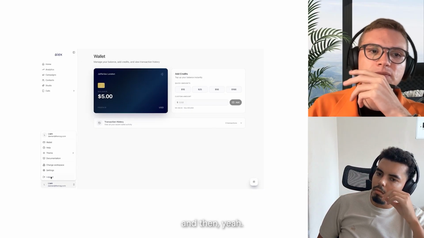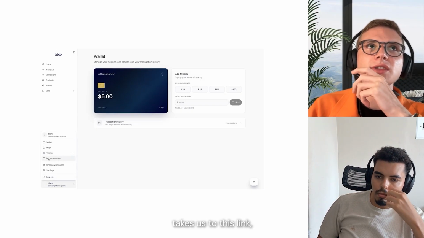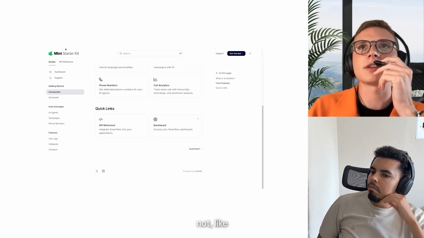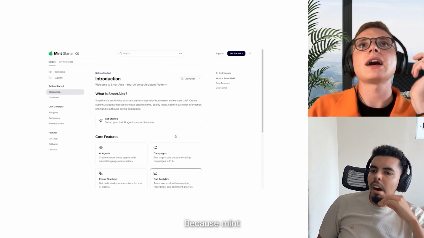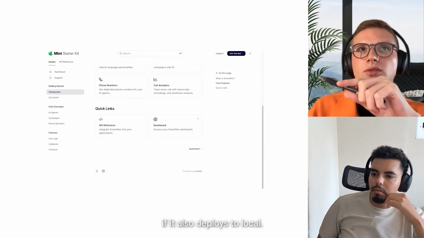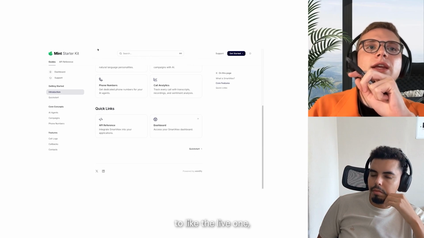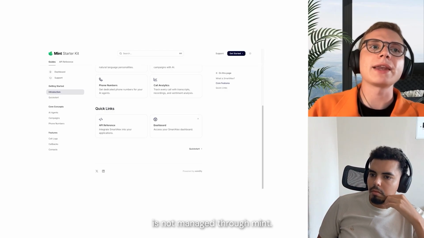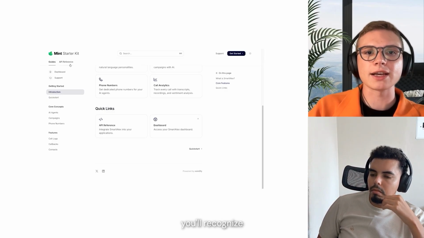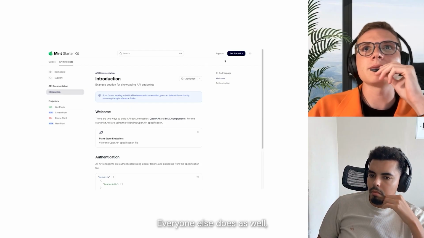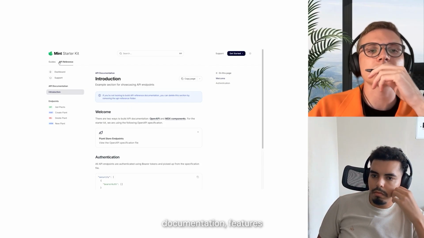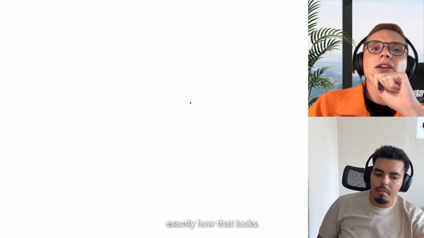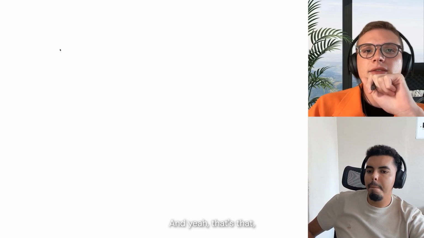And then documentation takes us to this link, which is this Mintlify app. This is currently not the latest version of Mintlify, because Mintlify also deploys to local. And this is currently taking us to the live one, which is getsmartalex.com/docs. So all of our documents is now managed through Mintlify. Bush, you'll recognize this interface quite well. Everyone else does as well because it's got good documentation features and functions. So that is exactly how that looks, and that's pretty much